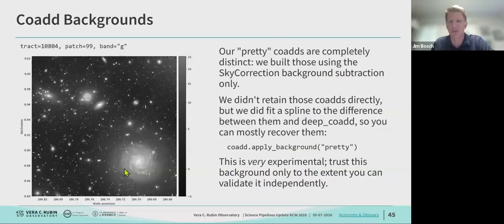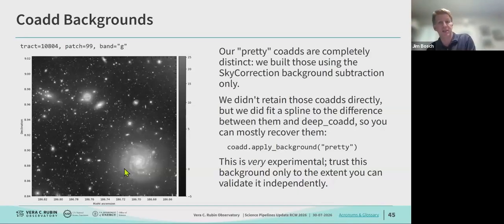We have to have much more sophisticated deblending and measurement to deal with backgrounds that look like this. But this is more like what the true sky really looks like. If you're interested in low surface brightness things or big things, this is probably what you want to focus on. But I do want to emphasize, in addition to Yusra's point about we don't trust sky correction everywhere, we built